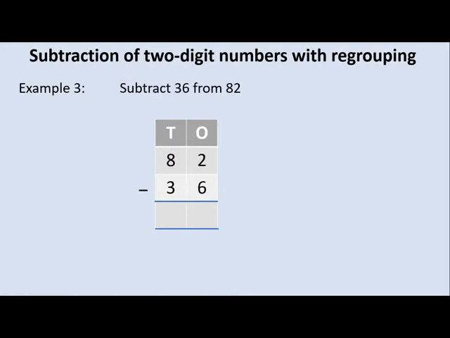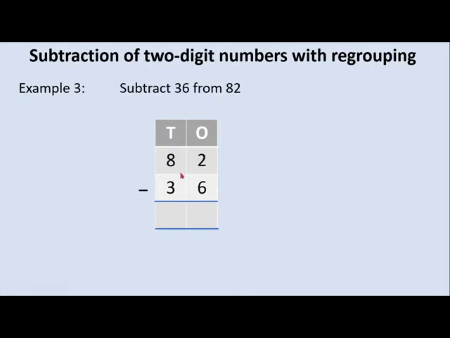So now while finding the difference, first we will look at the digits in the ones place. Here we have 2 and 6, and we should subtract 6 from 2, which is not possible because 2 is smaller than 6. So we can never subtract a larger number from a smaller number. If you do so, the answer will be a negative one. About that you will learn in higher classes.